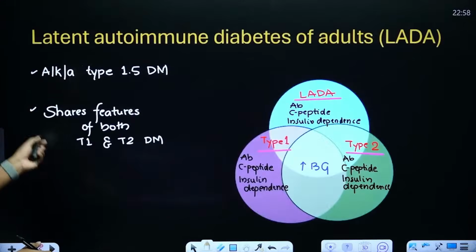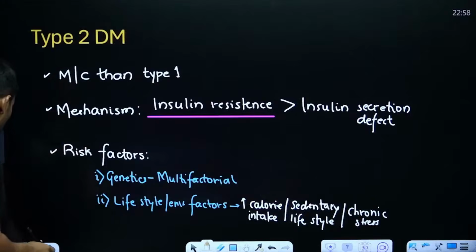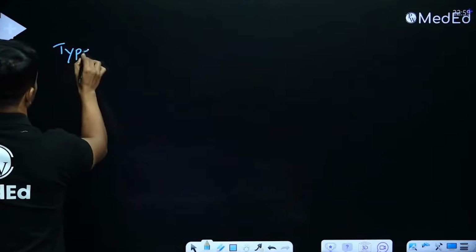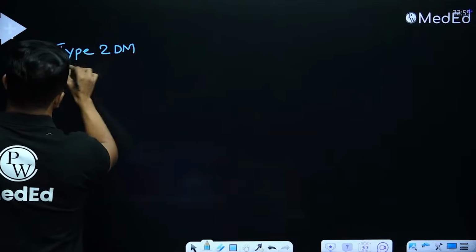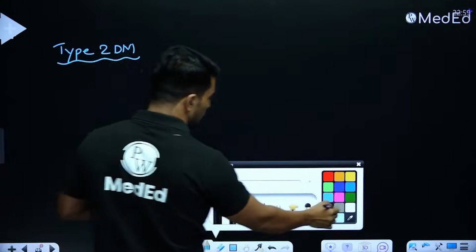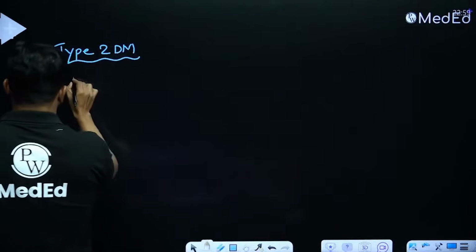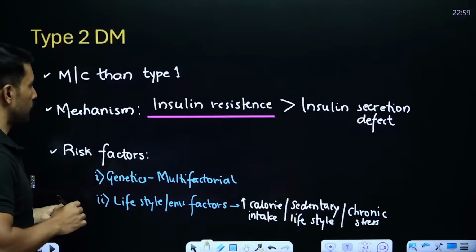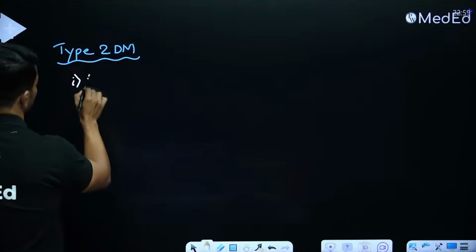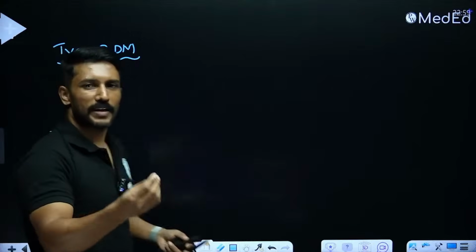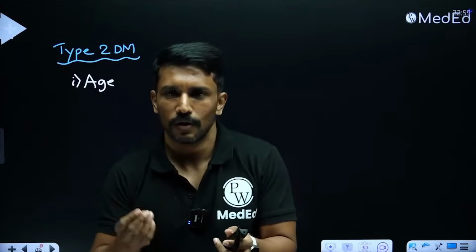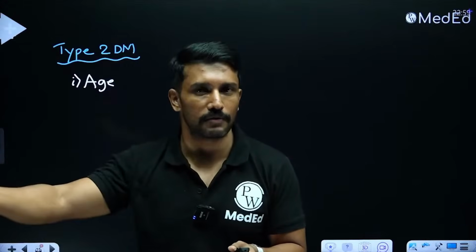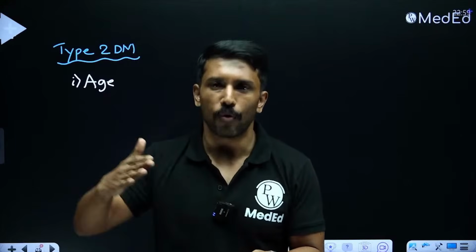Okay. Now, before we go forward, we will understand how this type 2 diabetes mellitus differs from type 1. So type 2 diabetes mellitus, as we just learned, the main mechanism is insulin resistance, right? In type 1, the age of onset was usually less than 25 years. Type 2 diabetes usually, because if I ate half a kg of laddu, tomorrow I will not have severe insulin resistance, and the day after tomorrow I will not be diabetic. It's a very slow evolving process.